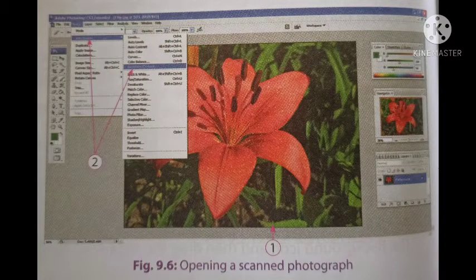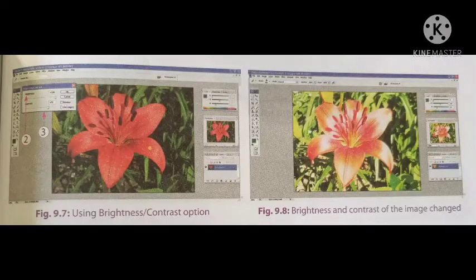Open a scan or digital photograph. Select Adjustments option from Image menu and click on the Brightness Contrast option. Click and drag the brightness and contrast sliders to adjust the brightness and contrast of the image respectively and click on OK button.